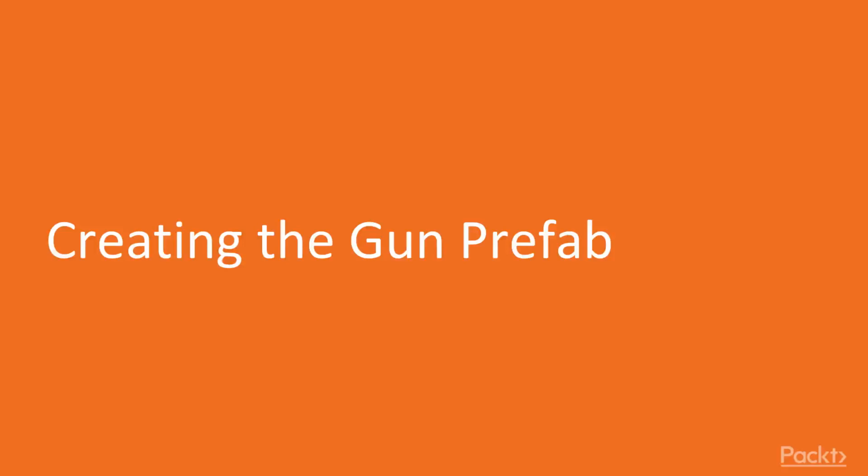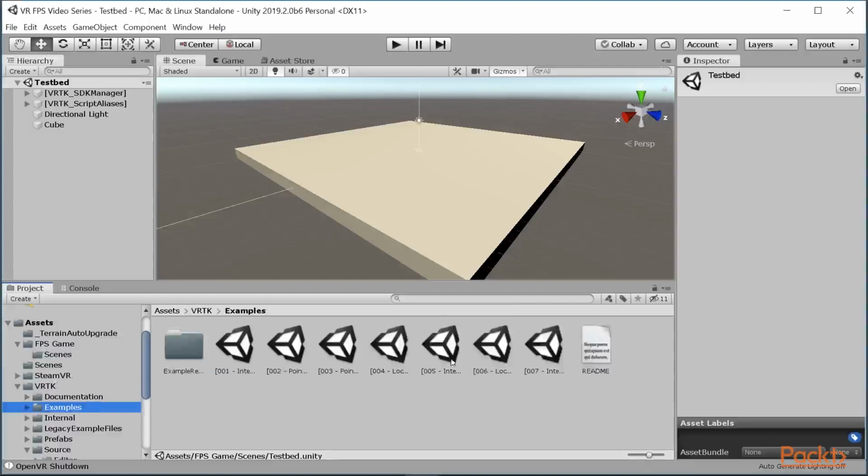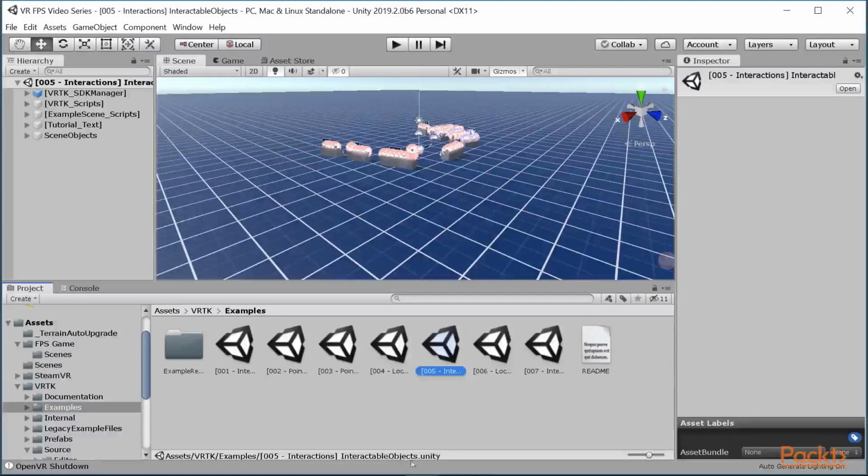In this first video, we are going to see what VRTK already has in terms of an interactable object and see how we can create our own prefabricated object which we can use within our testbed level. If we go to the project window here and we go to the VRTK examples folder, you'll notice that item 5 is interactions, interactable objects. And if you go through the level,